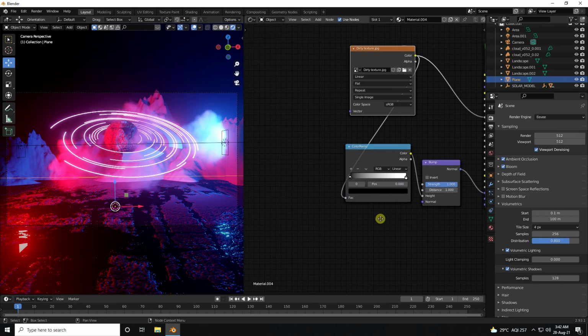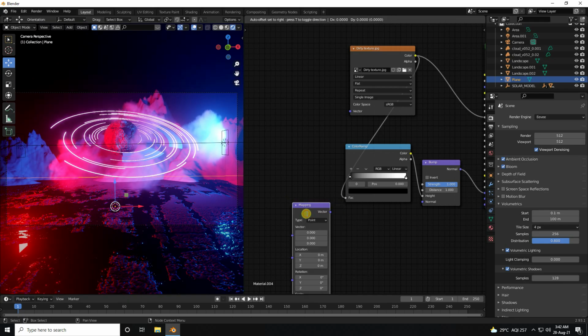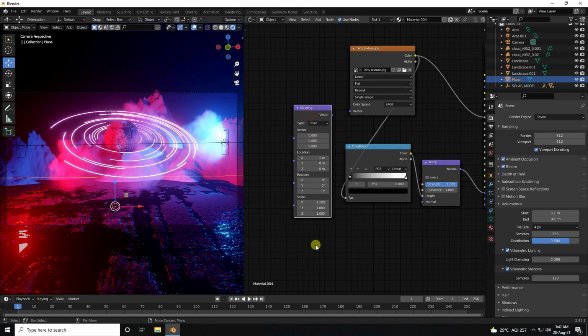Okay, also change guys now UV. So shift A and search and type mapping. So click, and next one texture coordinate, this one.